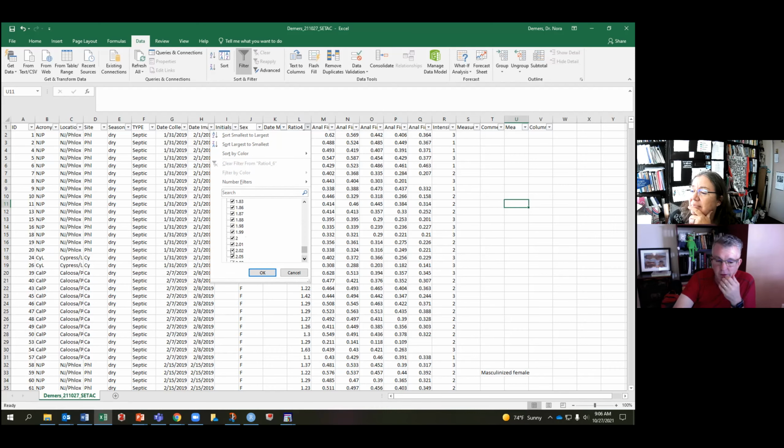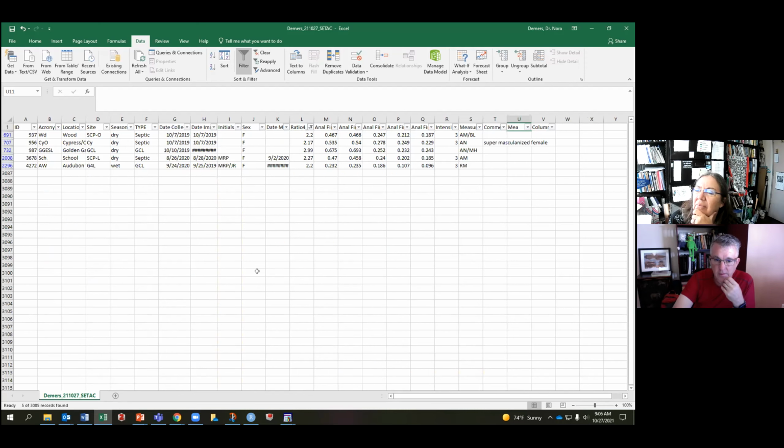If you want to, what we could do is take a look at those. So scroll all the way up, deselect everything. And now select the ones that are large. Sure seemed like there was more than that on my, see, but it says super masculinized female, and there's not that many of them, so I'm gonna leave it alone because I don't have time to go back and check